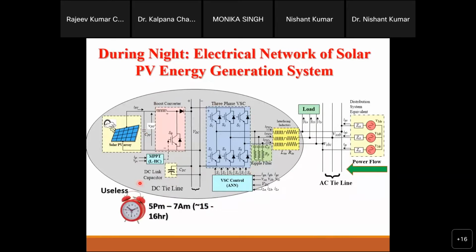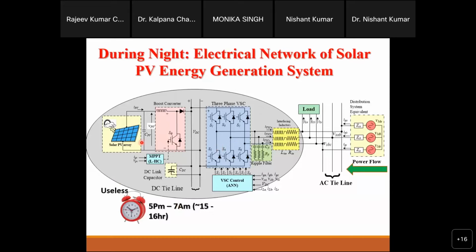And for how many hours is it not going to work? From evening 5 to morning 7 or 8. So this is 15 to 16 hours it will not be in use. If I think about the utilization factor of this costly system, you will realize it is one third because of the timing. It works 8 hours and the rest of the hours it does not work. And this one third is only when we utilize all those equipments at full strength. But this is the ideal condition; otherwise it is not possible.